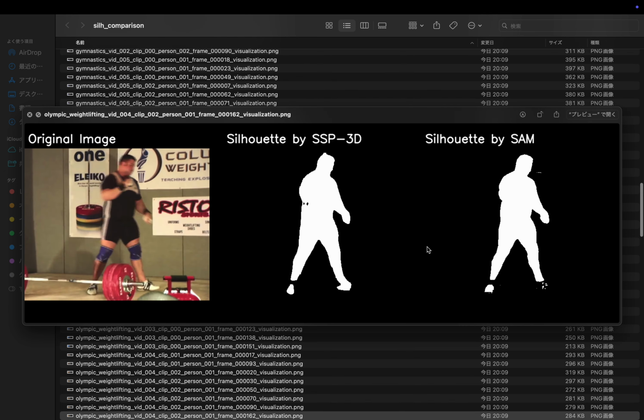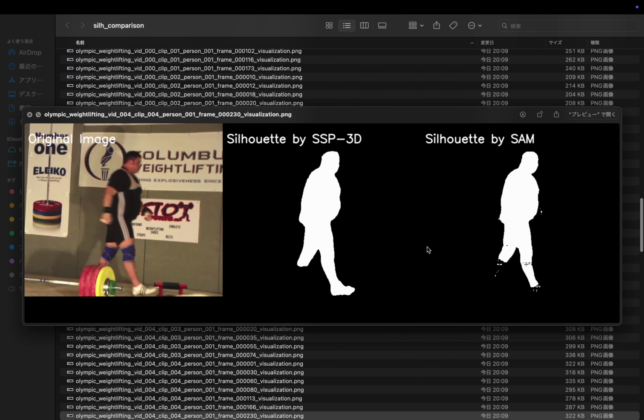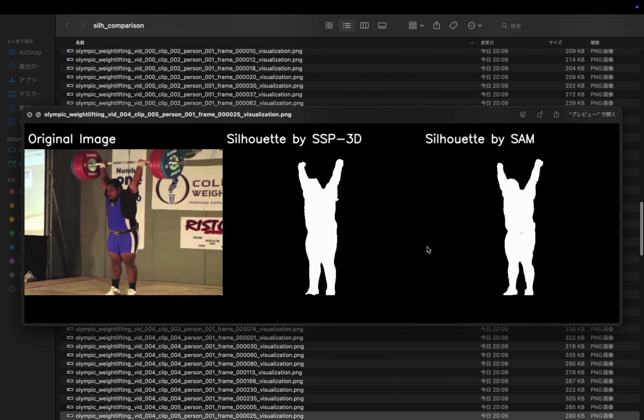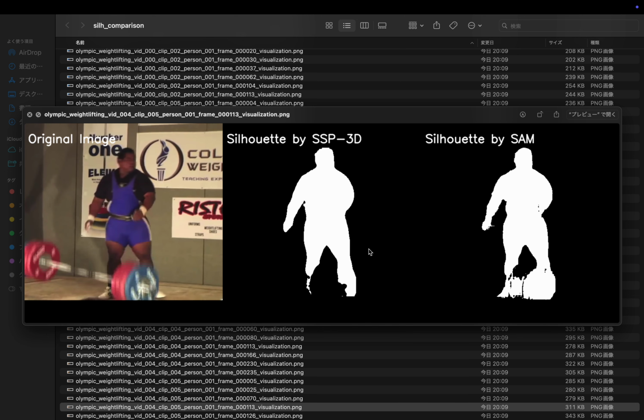Sometimes it will be occluded. Okay, but in general, it does provide a quite accurate binary silhouette of the person, and in the current setting, we just input all the key points we have, as long as the confidence of predicting the key points is larger